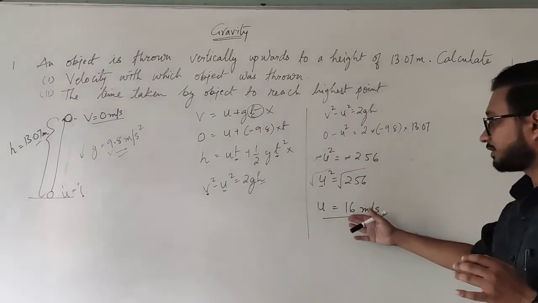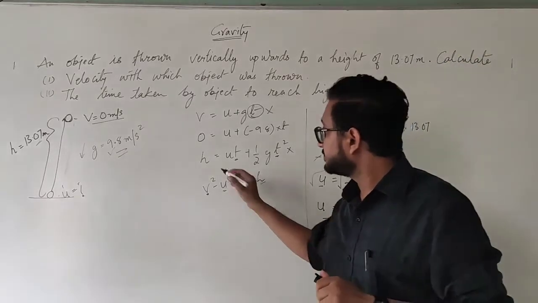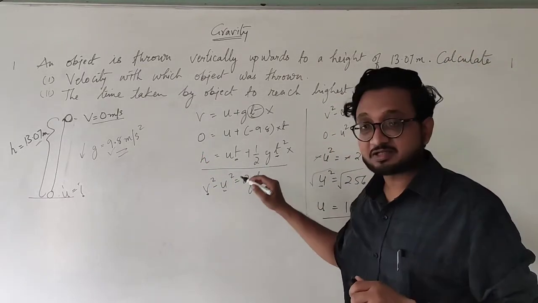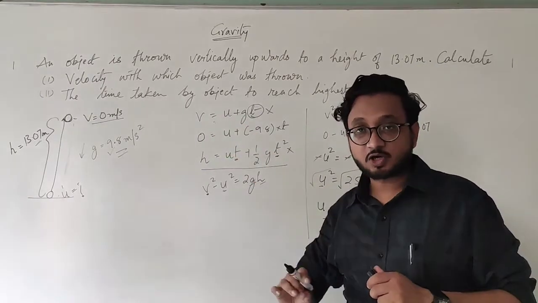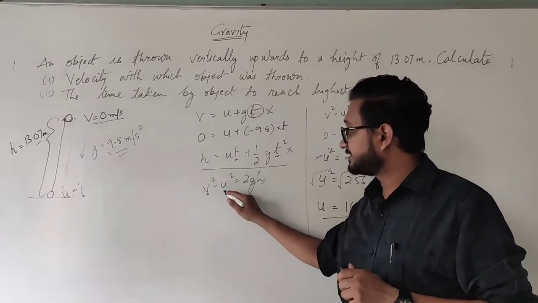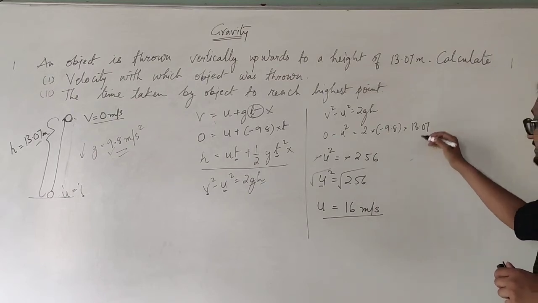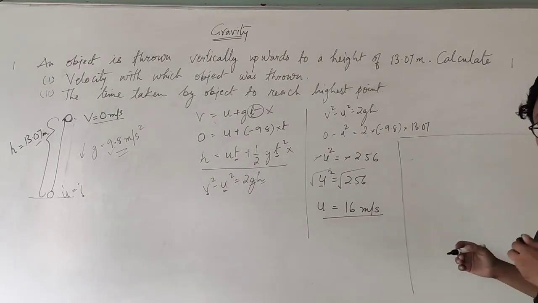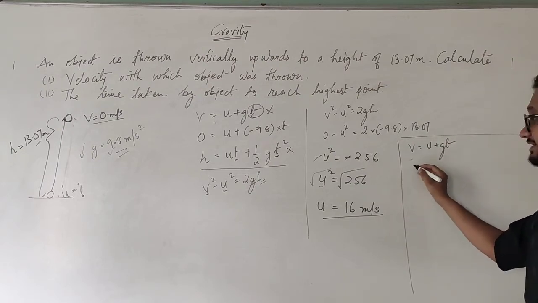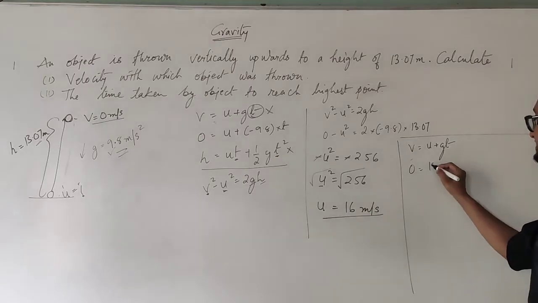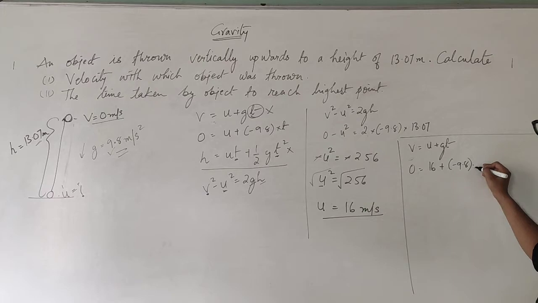Now that you have the value of initial velocity, you can find the time taken. And for that, no need to go for the second complicated equation. You can directly substitute the values in the first equation. So you are going to use the first equation, just not in the very beginning. First you will find the initial velocity and then you substitute the value over here. So we find the time taken, that is v is equal to u plus gt. v is 0, u is 16 plus g is minus 9.8 and time you need to find.